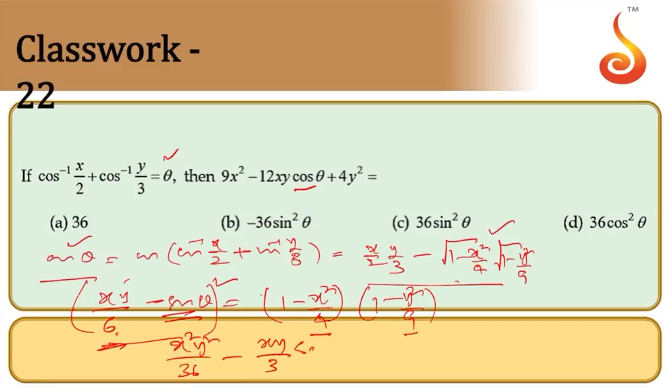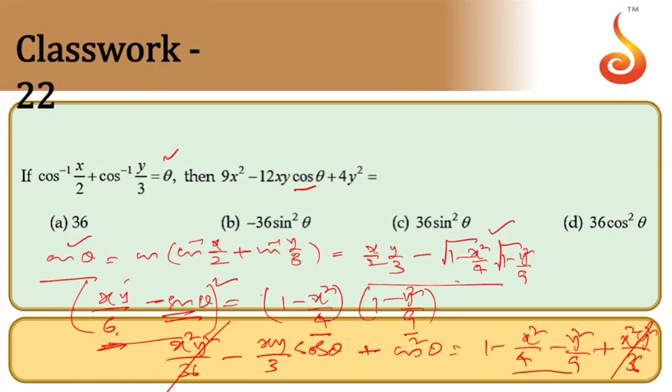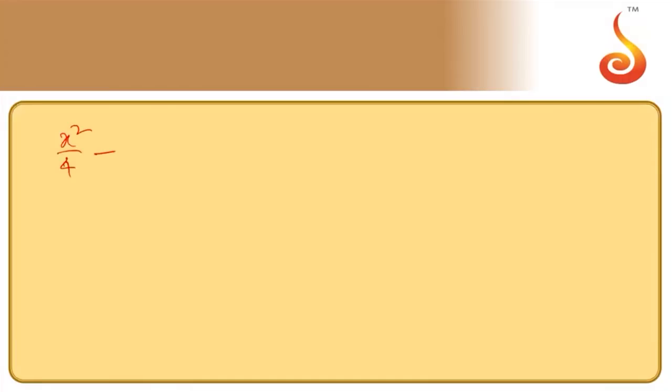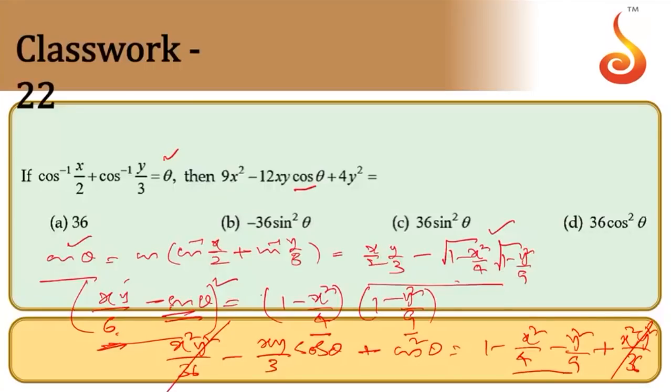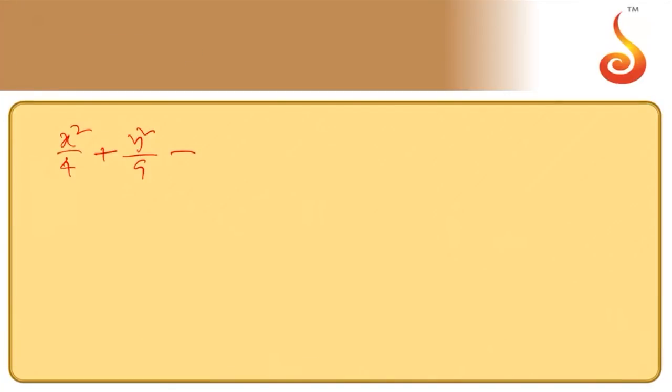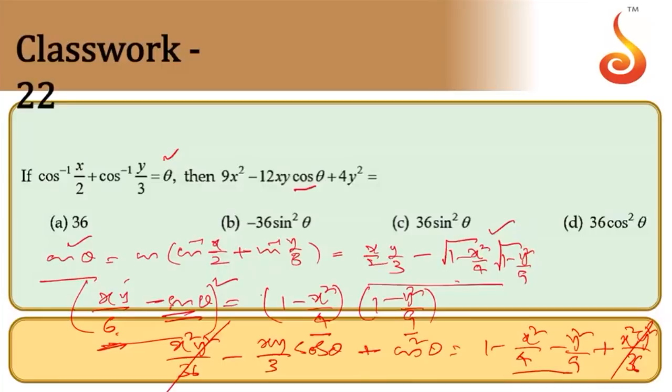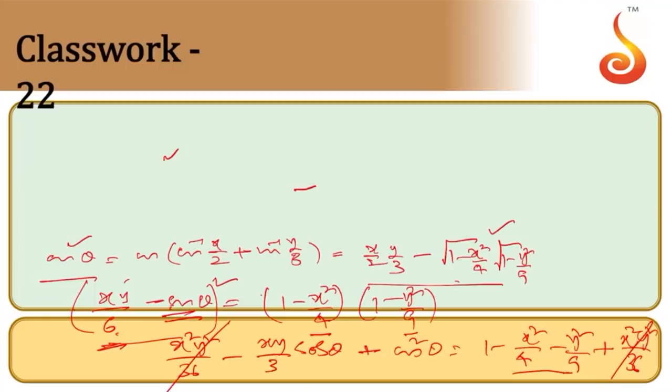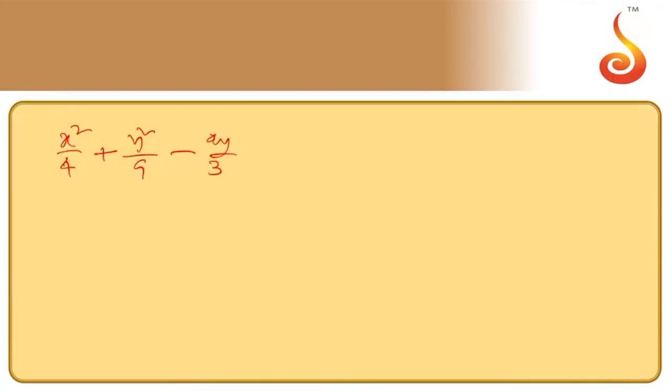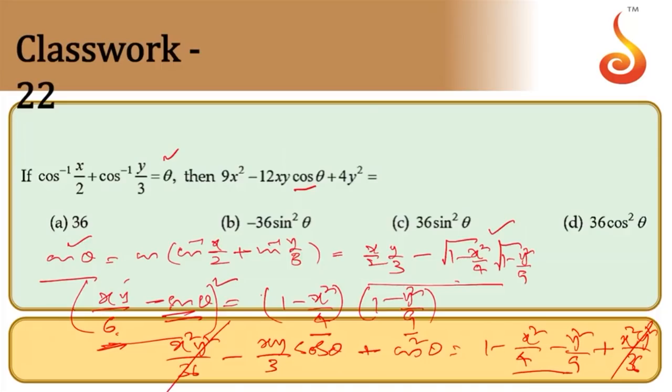So x square y square by 36 minus xy divided by 3 cos theta plus cos square theta is equal to 1 minus x square by 4 minus y square by 9 plus x square y square by 36. These two get cancelled. Simplifying, bring it to the left hand side. We can rewrite x square by 4 plus y square by 9 minus xy by 3 cos theta,